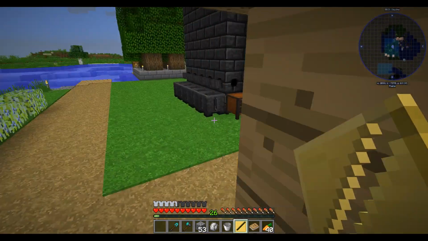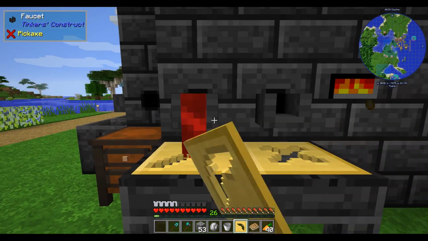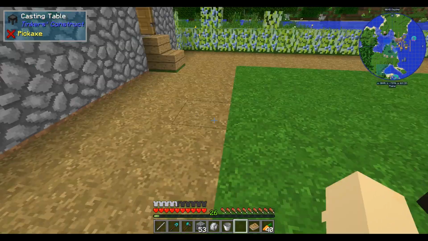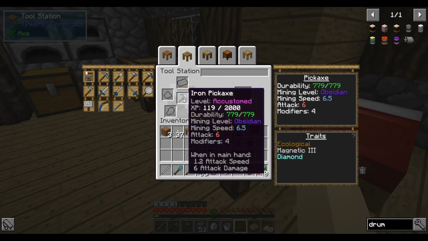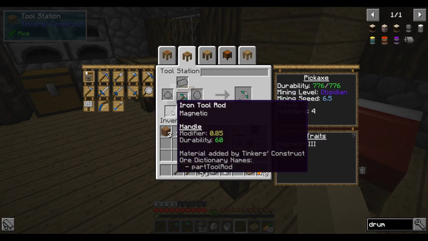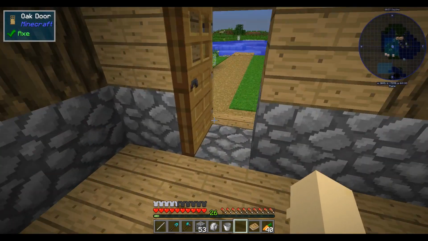And I'm kind of curious, if I put an iron tool rod, will it lose durability or gain durability? Let's do the test, because I cannot remember if the wooden tool rod is just as good or better than the iron tool rod. Let's see. We are at 779, and now we are at 776. So we actually would lose durability this way. So we're going to just keep it with the iron for now, and